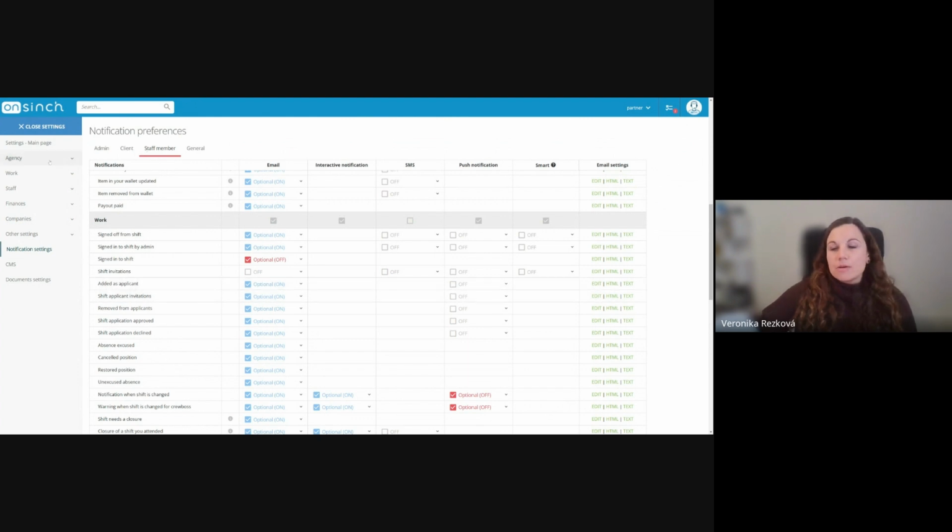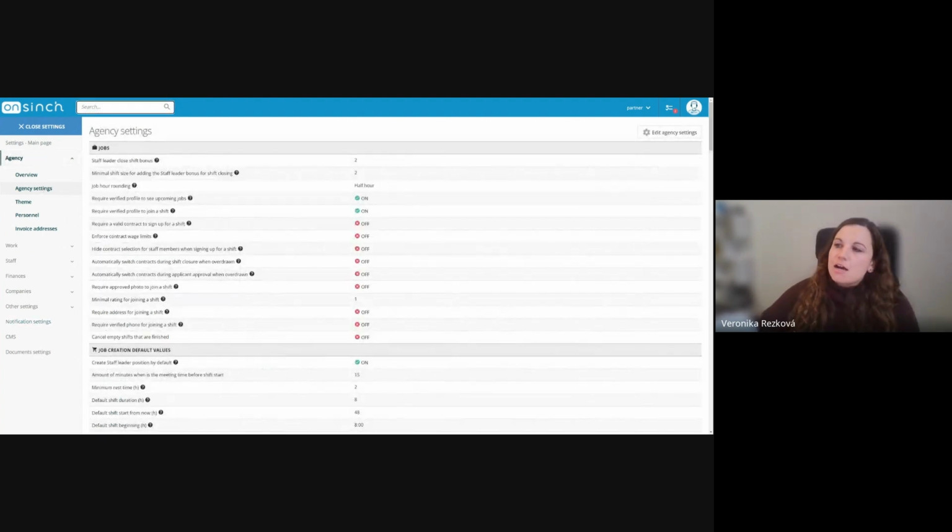And I also recommend checking some of the settings in agency settings, because there are those I was mentioning. If you want to have shift locked by default, if you decide you always want to have it locked, you can set here the amount of applicants, so you don't need to type it. You can set the sign-off limit, so some defaults. And what I would like to mention specifically are these 3 lines, and these are related to self-sign-up of staff